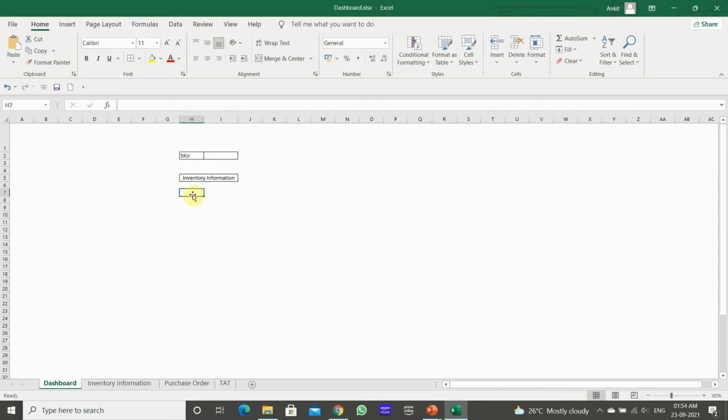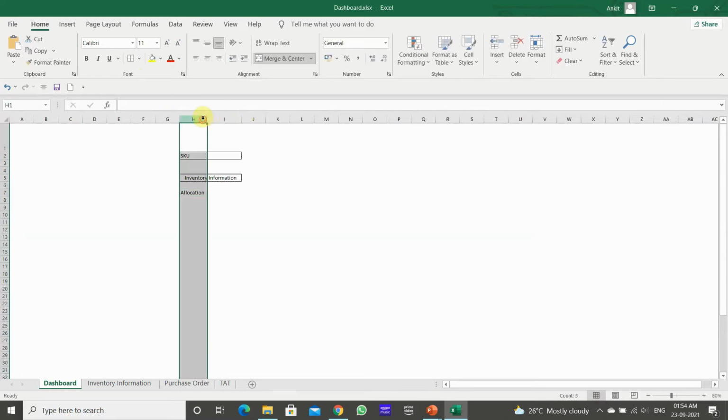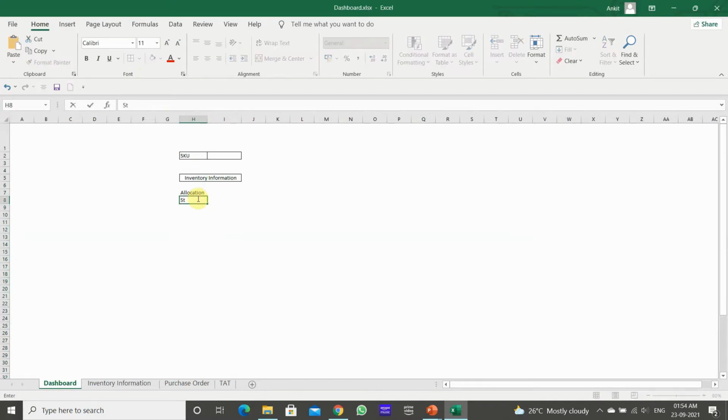The first one is allocation, the total allocation of the SKU across all warehouses, then what is the stock of that SKU, what is the in transit quantity of that SKU, and then the percentage of stock as compared to the allocation. Let's put it here.